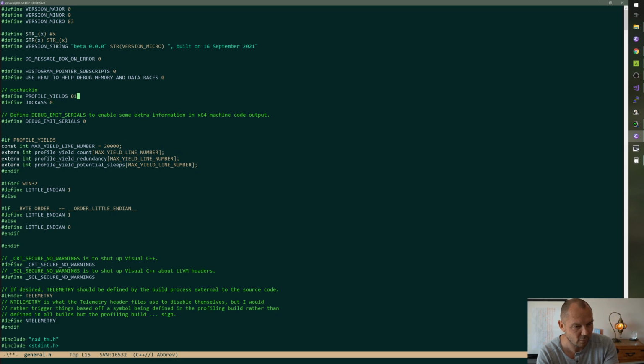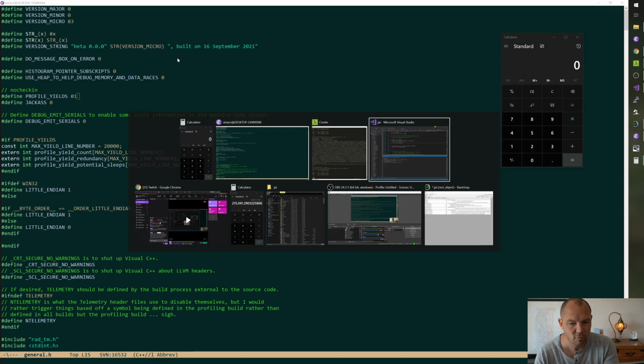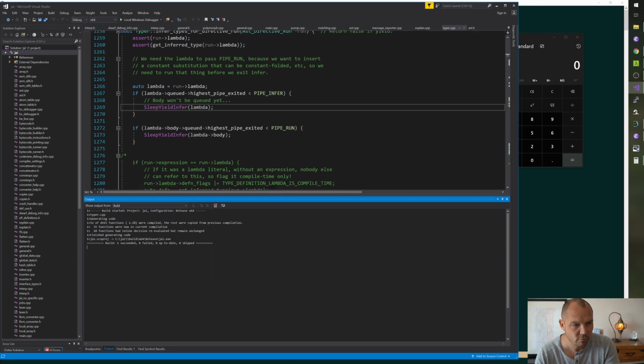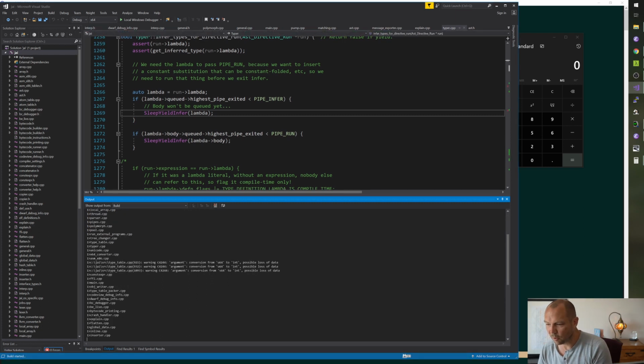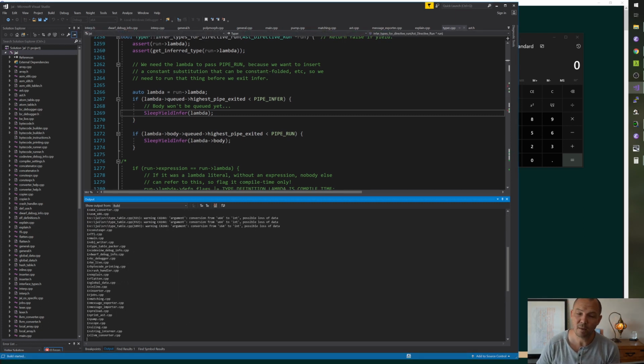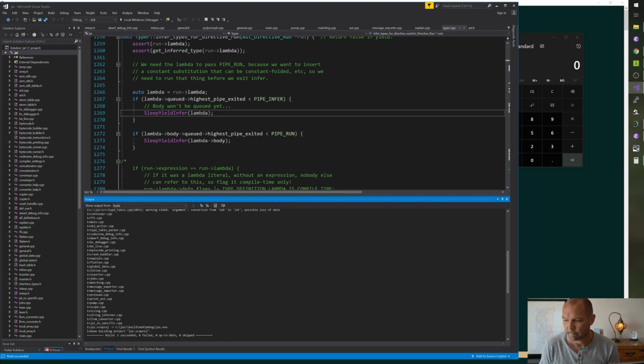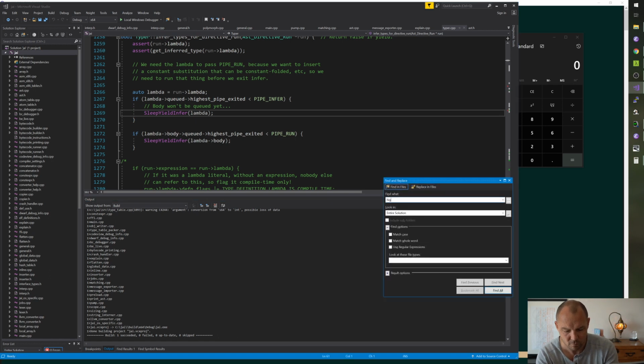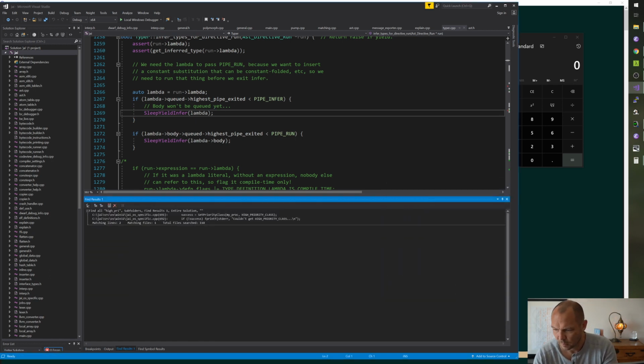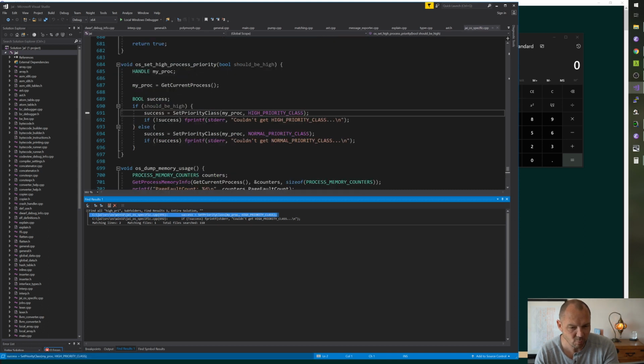Let's go back and see if there's any other stuff. Because we could look at these other yields. Some of those other yields, even though there's not as many, they might be expensive yields. Does the compiler do some like force high priority thread stuff? I think we do. Maybe we should give you an option. Yeah, so we set the priority class to high priority class.